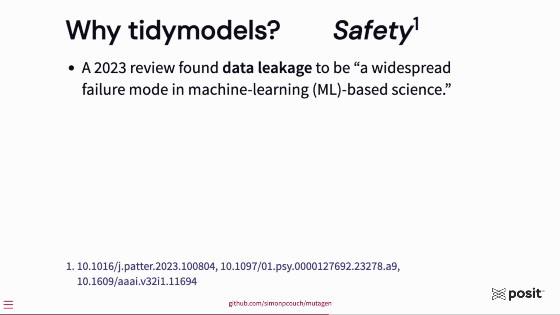Data leakage is when information from the portion of the data that you're going to use to evaluate your model somehow leaks into the portion of the data that you're using to train your model. If a model is being evaluated on data that it's seen already, then it will perform better than on data that it hasn't seen before. And so it will seem like your model is performing really well, but it's actually not, and you'll only learn that the model isn't performing well once it's deployed.